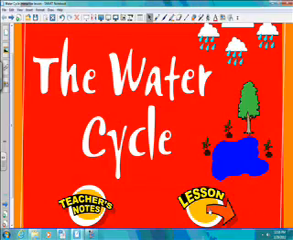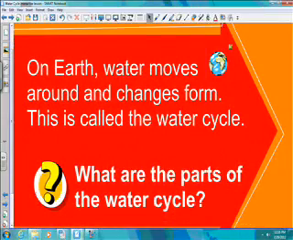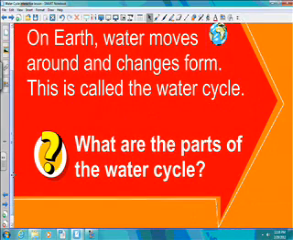All right, so let's start. On Earth, water moves around and changes form. What does that mean, changes form? What's a change from what to what? Solid, liquid, to gases, right? It changes back and forth. That's called the water cycle. What are the parts of the water cycle? Adam,